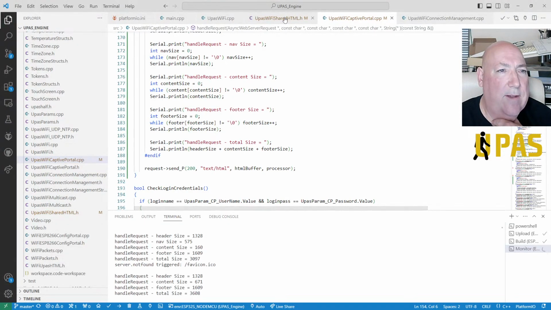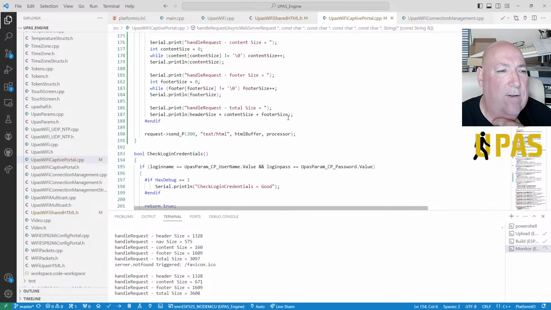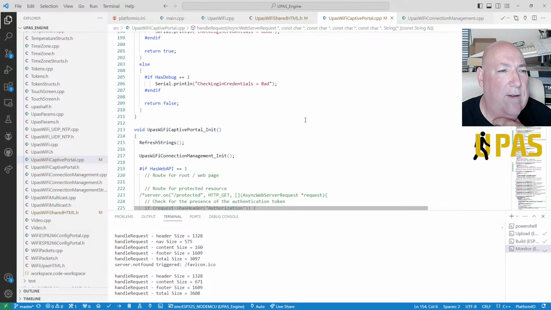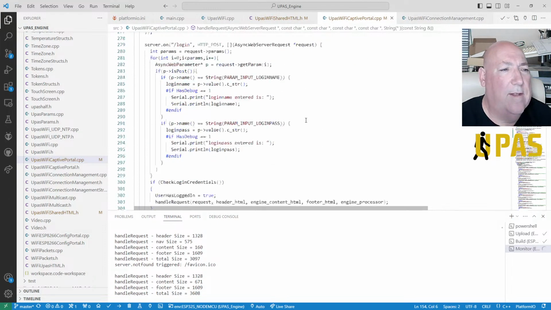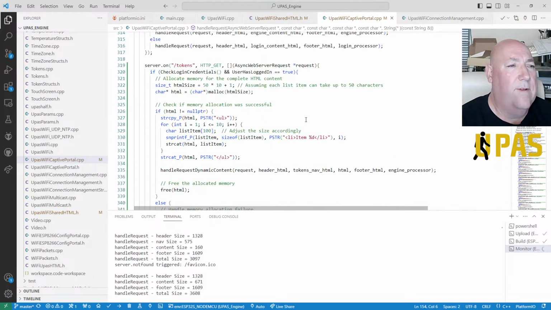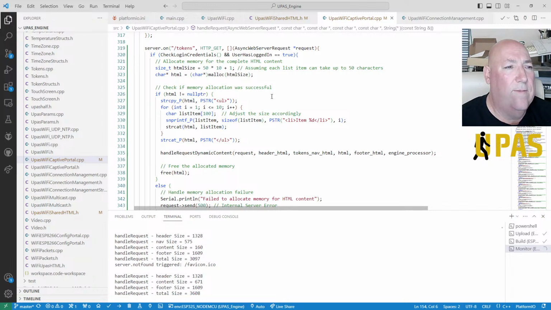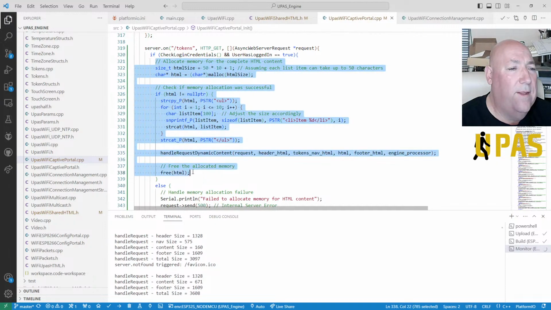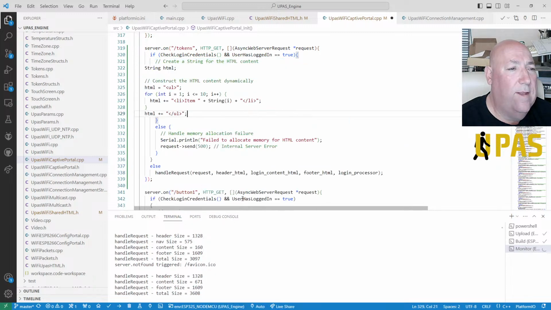Right, so we go back to this function. Where's it gone? Oh, right. Tokens. There we go. So let's get rid of all this stuff. See how much problematic that was. Right, let's get rid of all that. Let's just get rid of all that. Oh, it's done all this to me now.